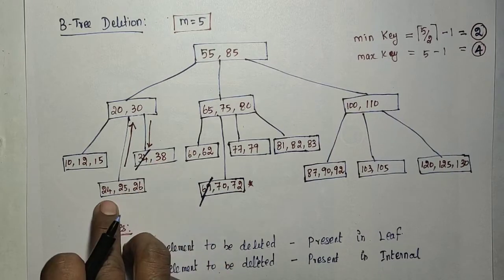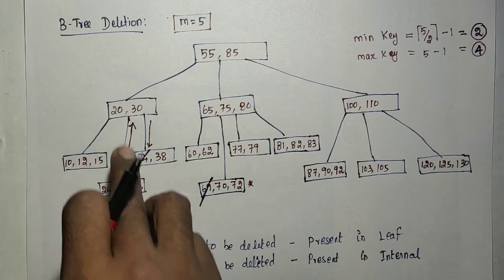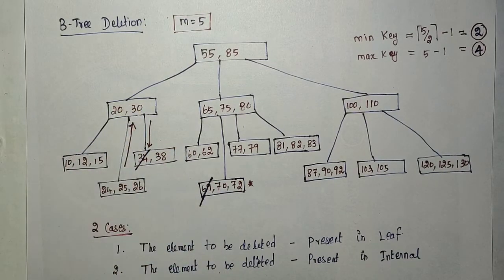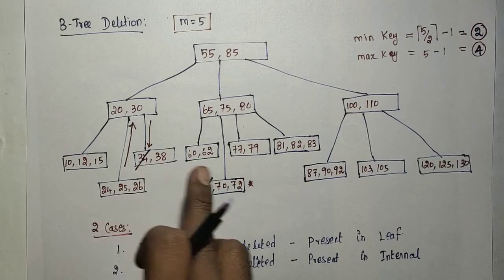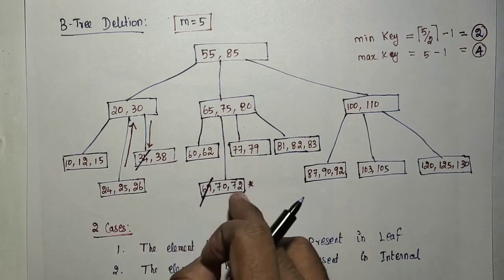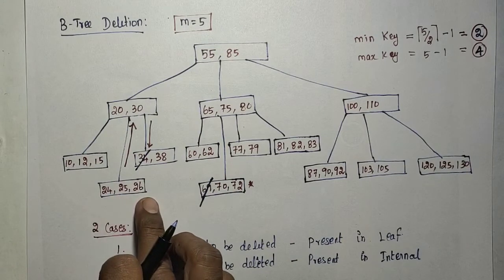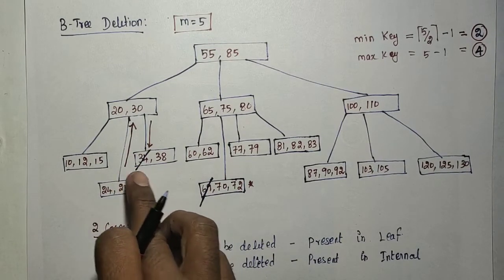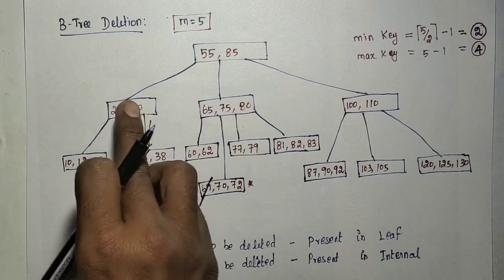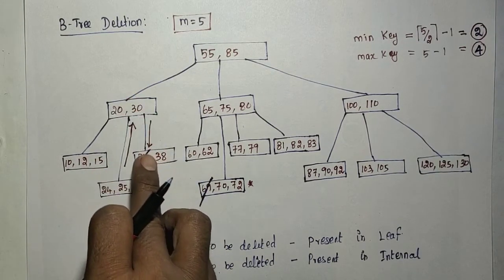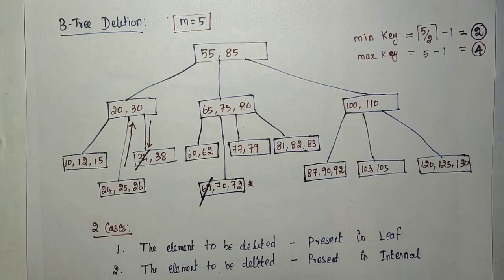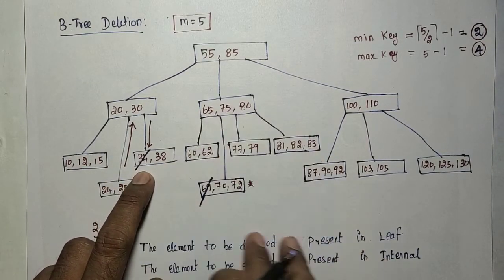Only we need to check which one we choose. If you are choosing the left sibling, the greatest element alone will have to be moved up. If you are asking the right sibling, the least number will be moved up. So with the left sibling, the largest number will be moved up, and this parent will move down to this node. So after deleting this 34, the tree will become,